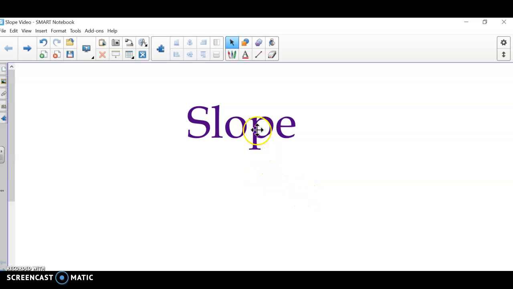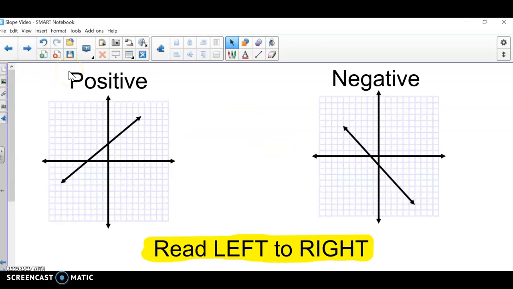In this video, I'm going to show you the three main topics of slope and things to remember. The first thing we're going to look at is the types of slopes that you will see. So the first two are positive and negative slopes. And what you want to do to figure out if a graph has a positive slope or a negative slope